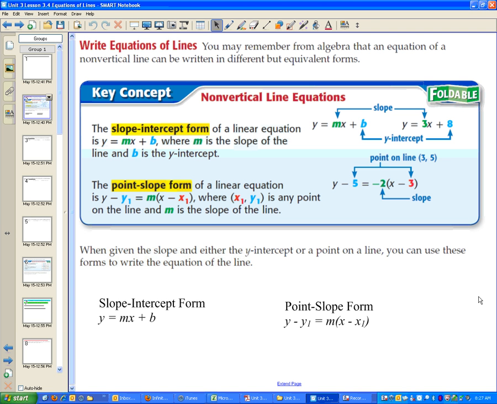Okay? Then the point-slope form of a linear equation is y minus y1 equals m times the quantity x minus x1. M still stands for slope. But instead of having a b, instead of having a y-intercept, they give us this y1, x1 stuff. Hey, we've seen that a bunch of times already, haven't we? X1 will be the x-coordinate of the first point. Y1 will be the y-coordinate of the first point. The good news about this is there's only a first point. Okay? So x1 and y1 are the coordinates of that point. So,